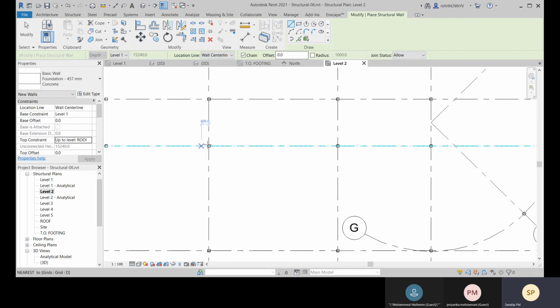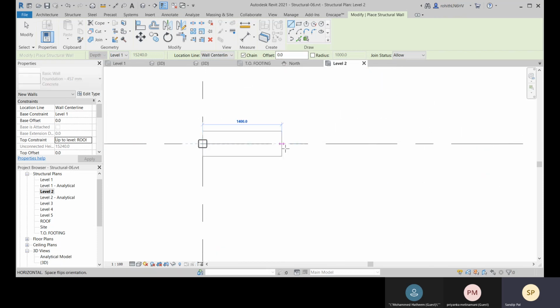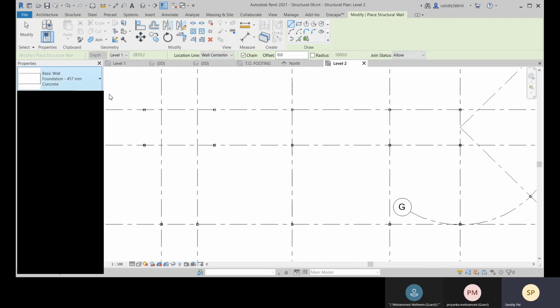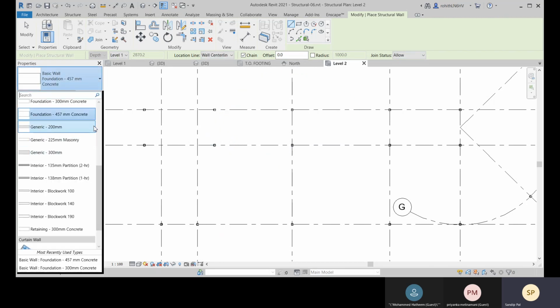So let's choose this midpoint to this midpoint. So which one will I choose? Let me choose this one, generic 300 mm.